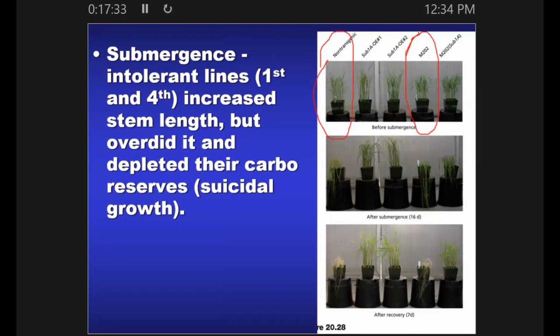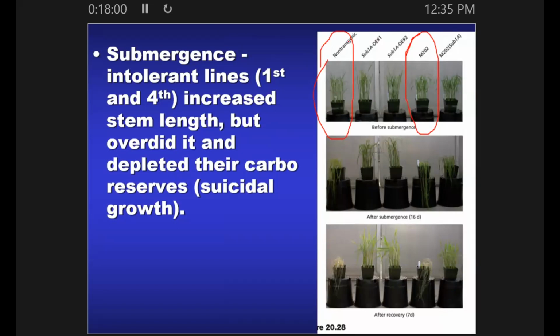And you can see that the first and fourth plant has kind of died. They're not doing well at all, but the other ones that were genetically modified are doing okay. The fourth one is maybe a little tricky there. And then you see on the very bottom that 7 days, so a week after they stopped flooding and allowed them to recover, you can see how the ones that were genetically modified made it. And so what they